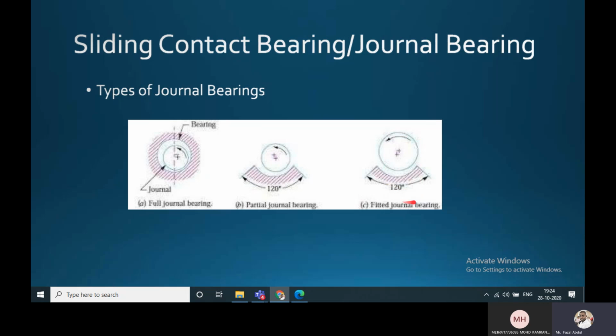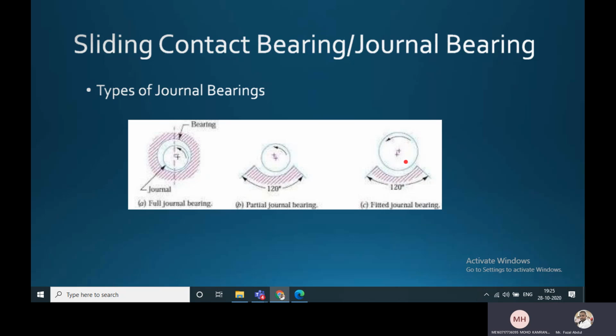Another disadvantage of the fitted bearing is that the journal diameter, the shaft diameter, and the bearing diameter are the same. Here, the diameter of the bearing is larger than the shaft. Because of the same diameters of the bearing and shaft, there will be a lot of friction. Particularly in some situations where we require it, there only we use the fitted bearings. Whatever theory part I am explaining, you can expect in the 2 marks questions.